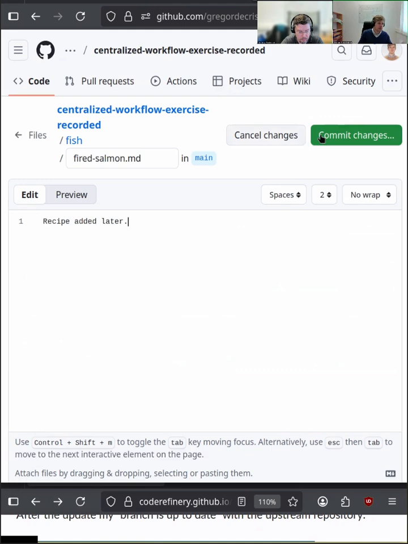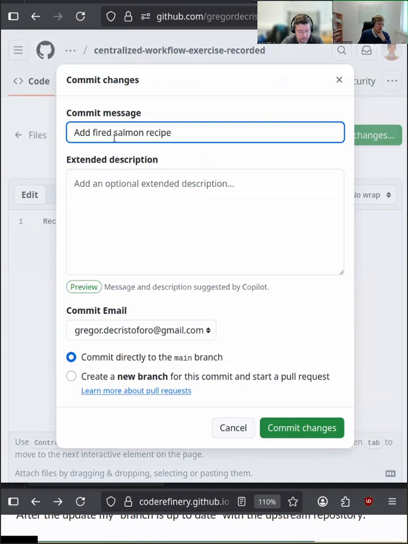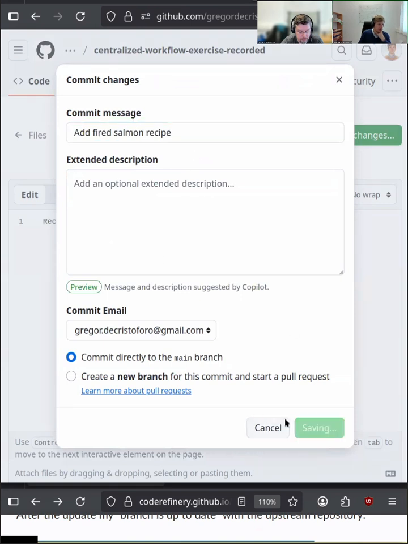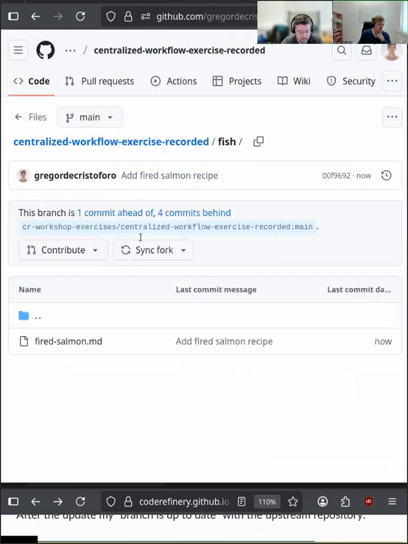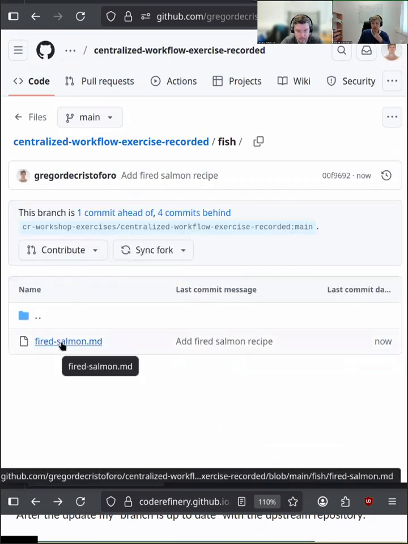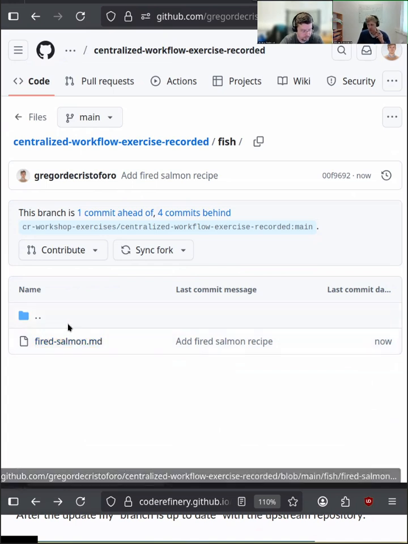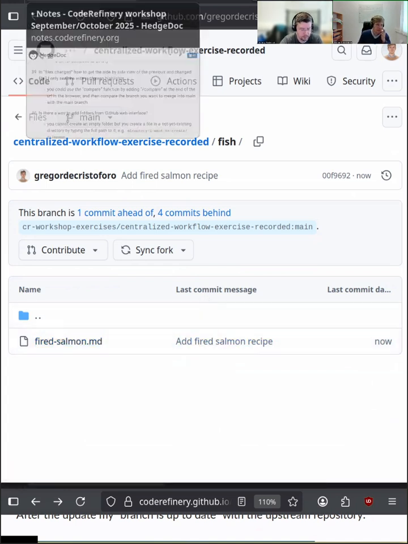So if I do it like this, and I commit the changes, which I now do, by the way, in my own repository, right? So I'm not screwing up the central one. If I commit this, Copilot is thinking of a nice commit message. Yeah, okay, I'm happy with that. If I now go to the code, I see there is an additional directory, and inside of this directory, I have the file that I created. So this might not be really intuitive. At least I ran into this problem myself a few times, where I was confused about not being able to add directories. So hopefully this answers the question.